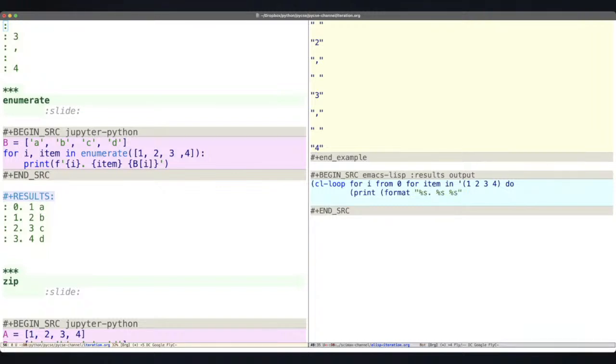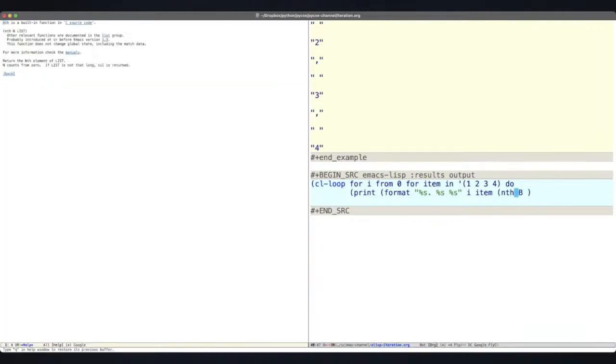And then we need to put in an i, and then the first thing will be item, and then we need to say nth b. Let me make sure I got the syntax here right. nth i of b. And now I need